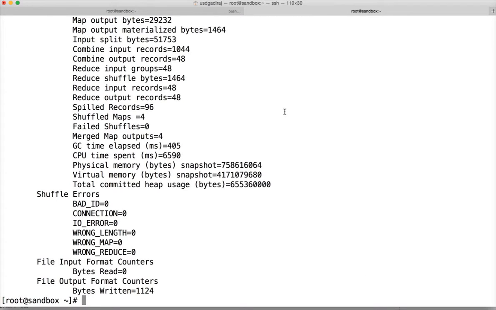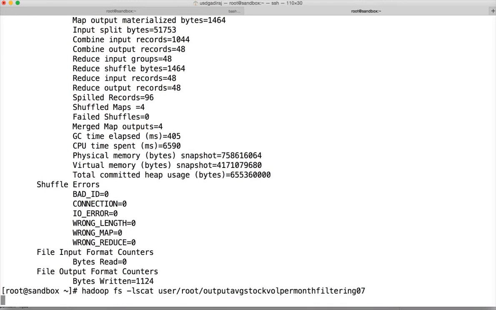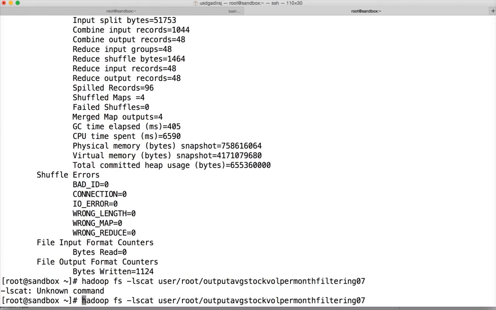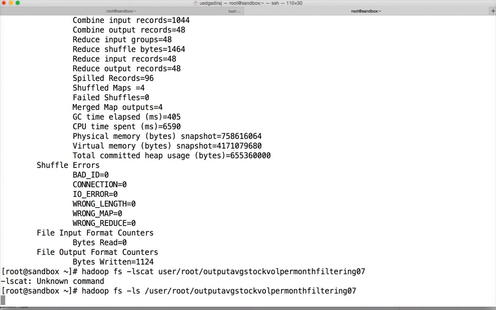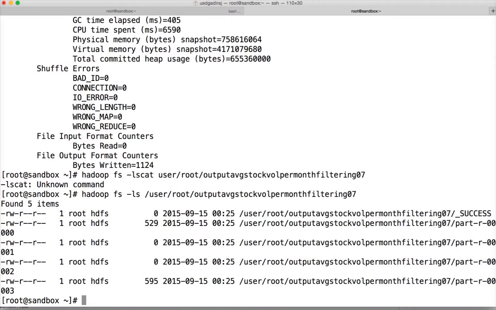It is done. Now let us do the ls. We want to do it on 7. Hit enter. Sorry, it's ls. Hit enter. And you can see that now only the first one and fourth one have the data, and the second and third one do not. As we have 2 stocks and we are trying to partition by stocks, it makes sense. And now you can actually do the cat